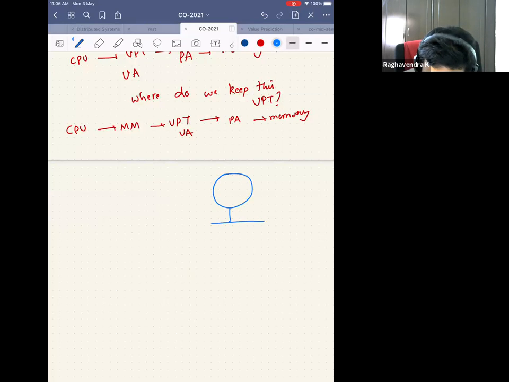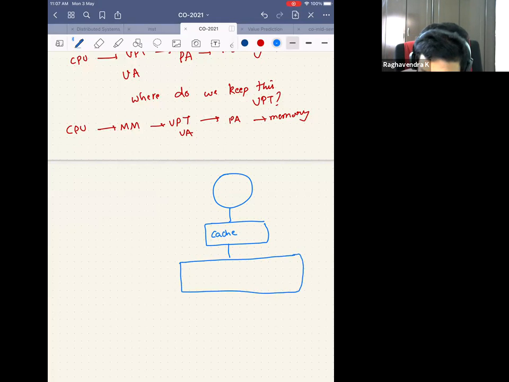So let's say I have a cache here. The reason I brought up cache was because I didn't want to go to the main memory. So even though it's made up of SRAM, even though it's expensive for me, I will have cache because it's on chip. And I can access the data in the cache, which means that there's a chance that this will get a hit soon. So I don't want to go to the main memory. Initially, when we thought about this design, we hadn't thought about what address the CPU generates. So we said that we'll first search in the cache.